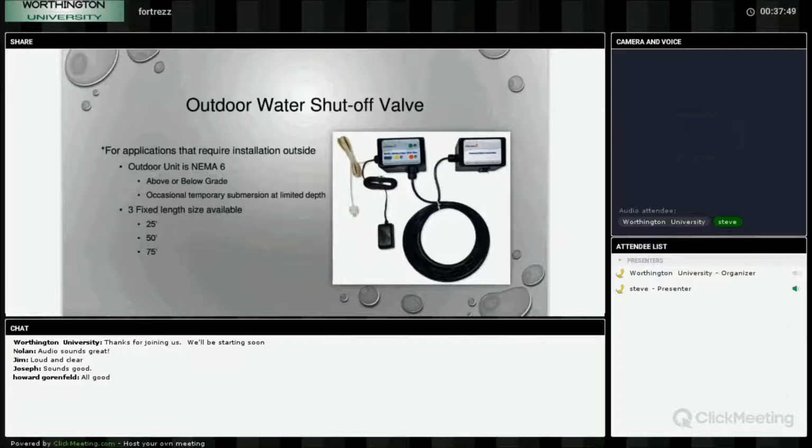Anybody that's not in the freeze belt, you typically have the water mains outside. They might be put in a meter pit outside in the front lawn under one of those green boxes. So in those installations where it's much easier to find your water line coming into the home outside, you could use this product. So what we did was we took our indoor unit, which had the ball valve connected here,